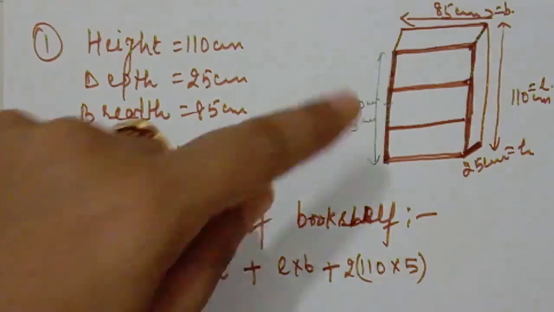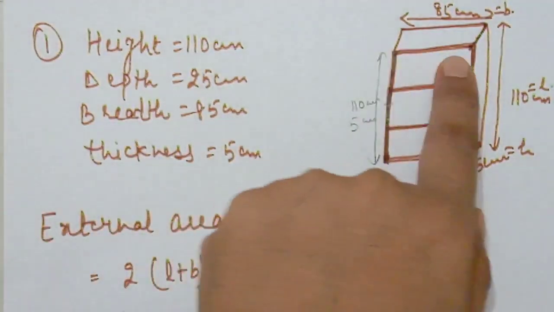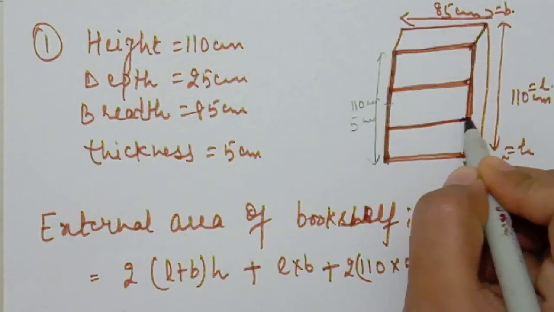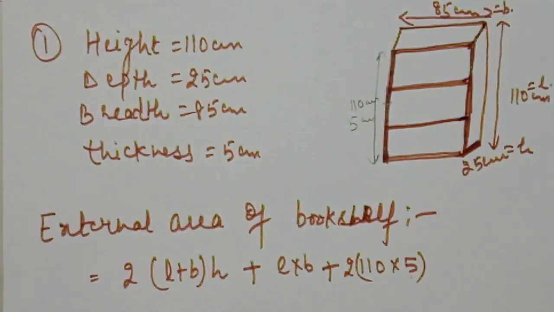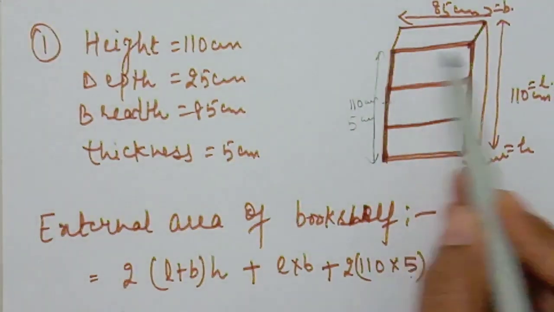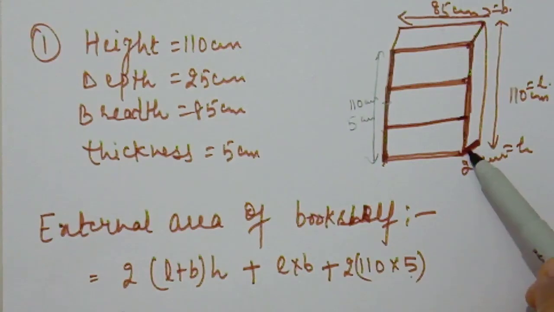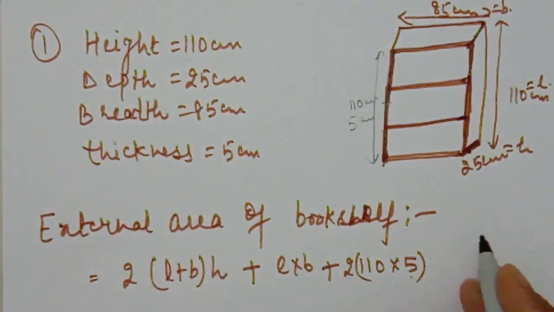Students, try to understand that we have to take these parts which I made dark, because the planks are already present, which is clearly visible in your books also. So we have to polish here also. This rectangle, length into breadth, this is also length into breadth, same, that's why I multiplied by 2.